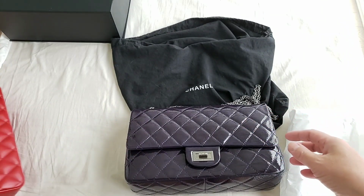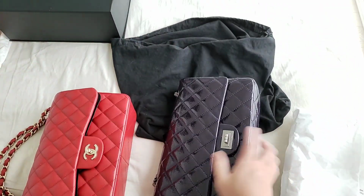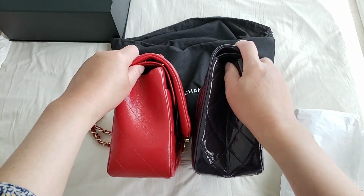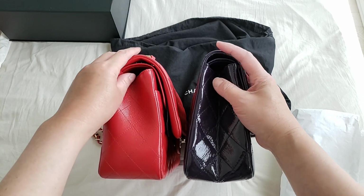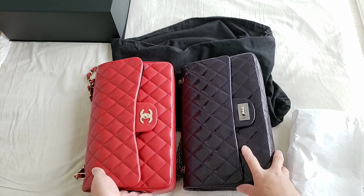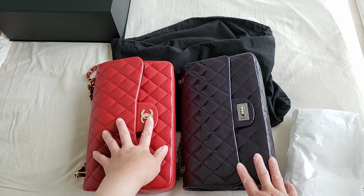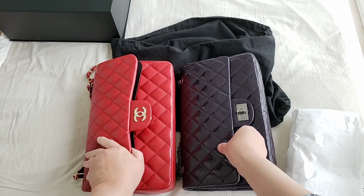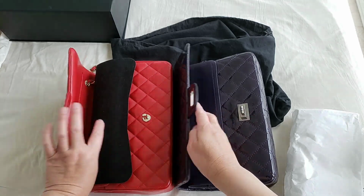And just as a comparison with my jumbo red, I'm just going to compare that in terms of the length. It should be the same because they are both the same size jumbo. In terms of the height, they are the same. In terms of the width, they're pretty much the same. And in terms of the length, they are also the same. And the differences are the double CC on the classic flap, and the reissue has a turn lock. So those are the differences, and if you open up, you will see the differences in those two hardware, and